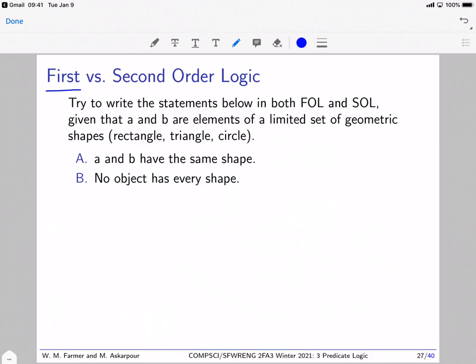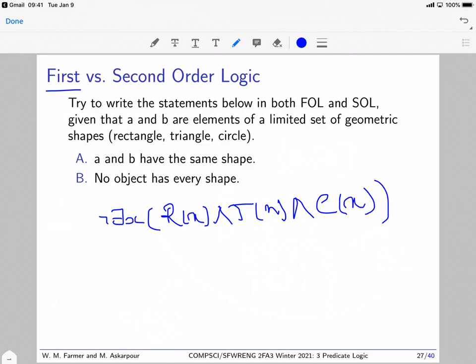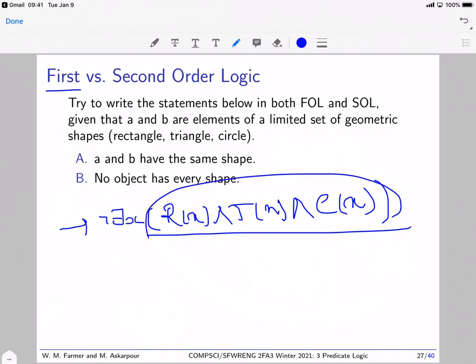So the second part of the question asks to state that no object has every shape. Again, we had three predicates, so we want to say there is no object X that has all shapes, so is a rectangular and also a triangle and also a circle. So we do not have that. And again, we can write this only if we know all these predicates. But if we don't, then